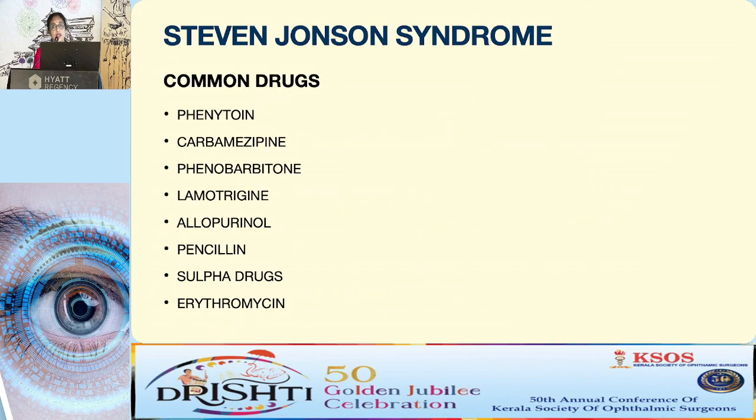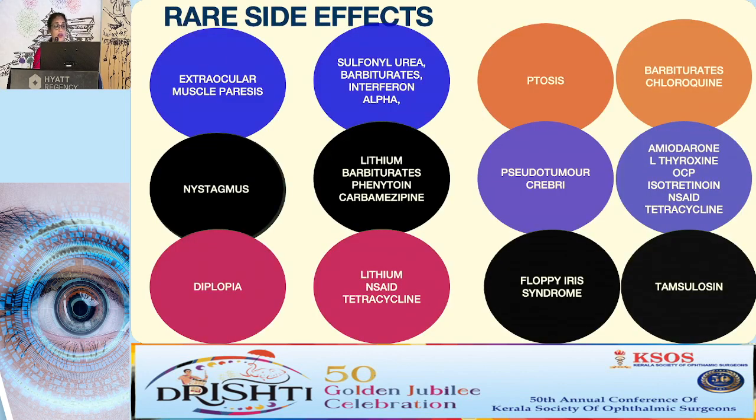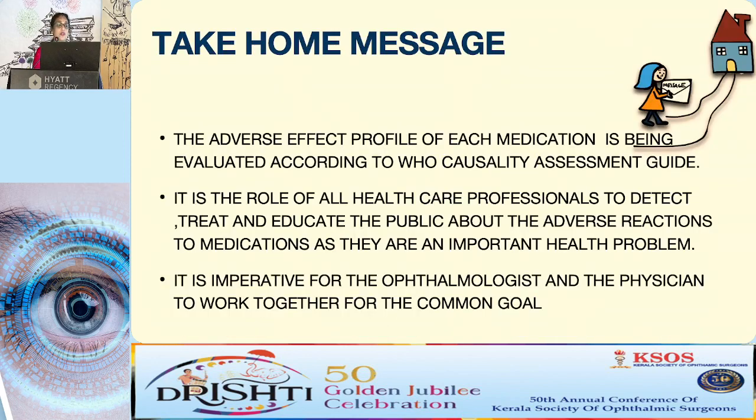Stevens-Johnson syndrome, as you all know, any drug can result in Stevens-Johnson syndrome, but the common drugs include phenytoin, carbamazepine, phenobarbital, lamotrigine, then allopurinol, penicillin, sulfa drugs, and erythromycin. Rare side effects: extraocular muscle palsy by these drugs, and nystagmus by lithium, diplopia, ptosis, and pseudotumor cerebri, and floppy iris syndrome by tamsulosin. So the take-home message of my talk today is